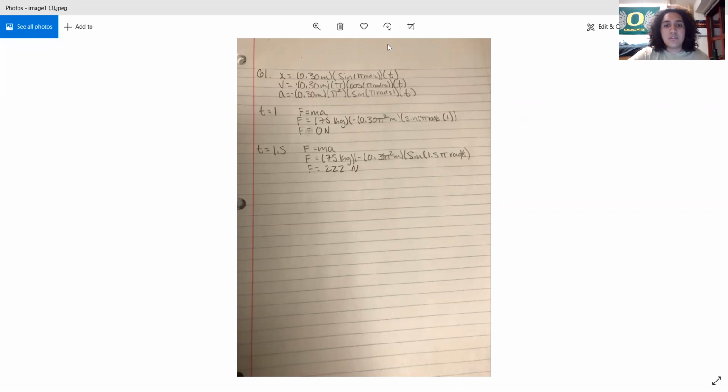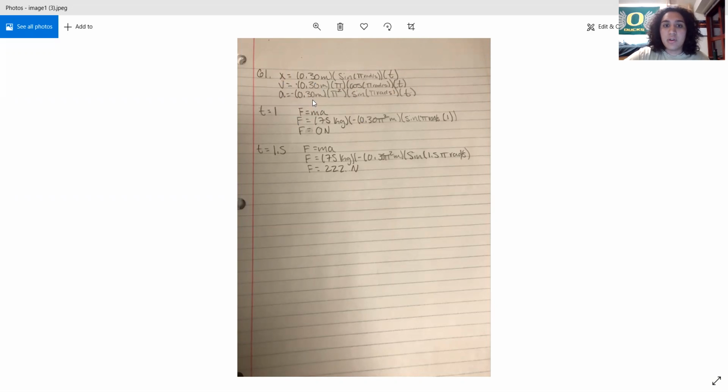So it gives us a position equation, and these t's should be within the sine and cosines. It gives us our position equation, and we can find our acceleration by taking the derivative twice. So the first derivative of position will give us velocity, and then the first derivative of velocity will give us acceleration. So we're able to find that our acceleration equation will equal negative, coming from the derivative of cosine,